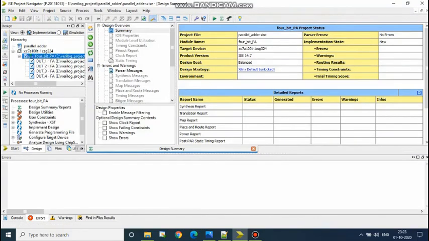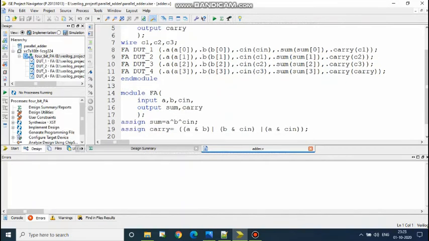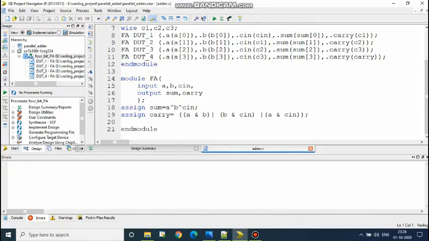So here you can see the 4-bit parallel adder code is written in Verilog. A and B are given as 4-bit vector inputs, C is a single-bit input, sum is again 4-bit, and carry is a single bit. I have called the full adder, where the full adder is written here. The definition of the full adder is written here. It is a single-bit adder, where normal data flow modeling is done,